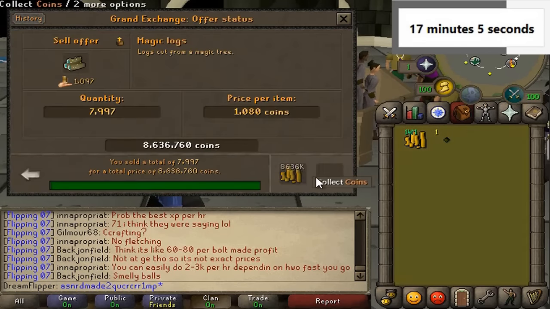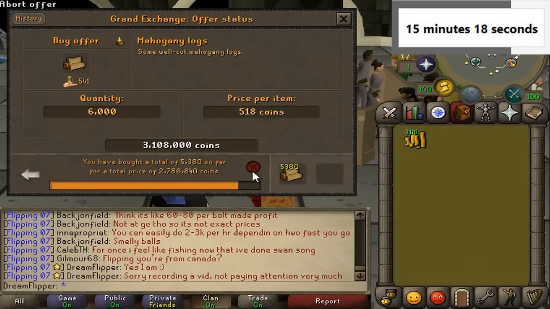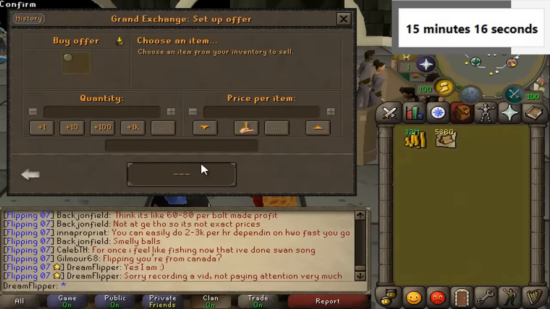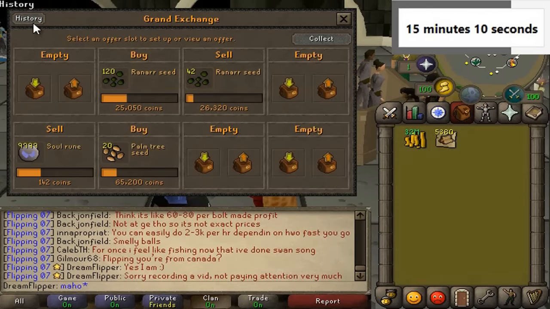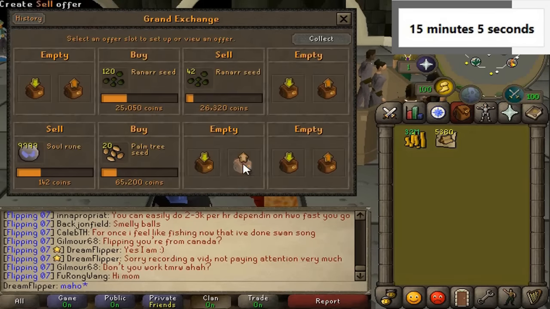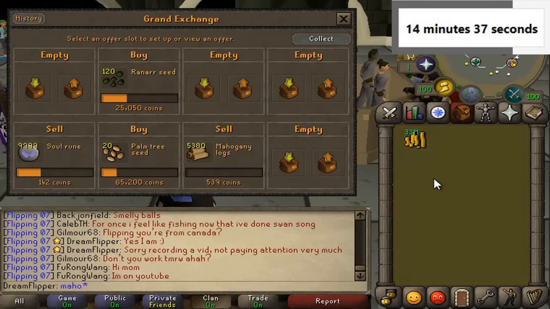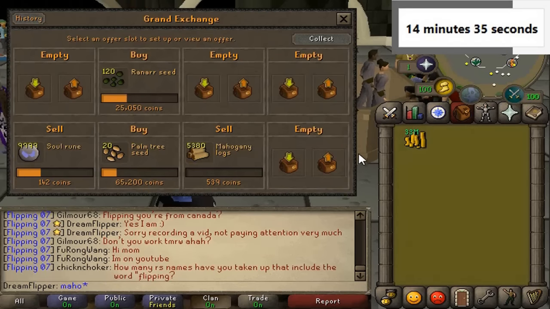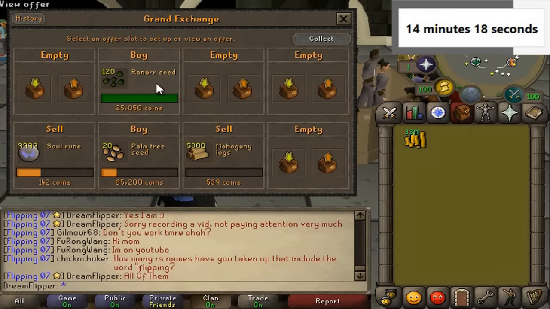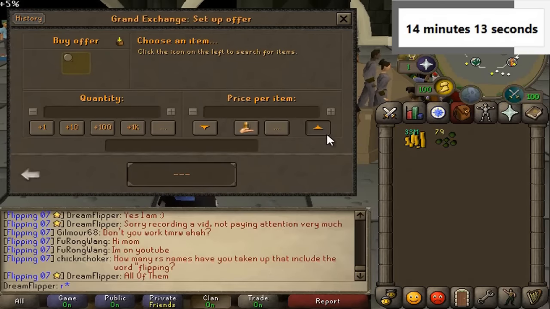That's nice. Got a solid profit from that. Okay, so we have actually bought most of the mahogany logs. So at this point, I think we're just going to call it that and just try to dump these for 539 GP each. We sold all the renard seeds. We don't seem to be buying any more. But we only have like 14 minutes left anyway. So yeah, we'll just wait it out. Okay, like a second later, all my renard seeds bought, which is exciting because that's just more money in the bag. Hopefully we can still get a...